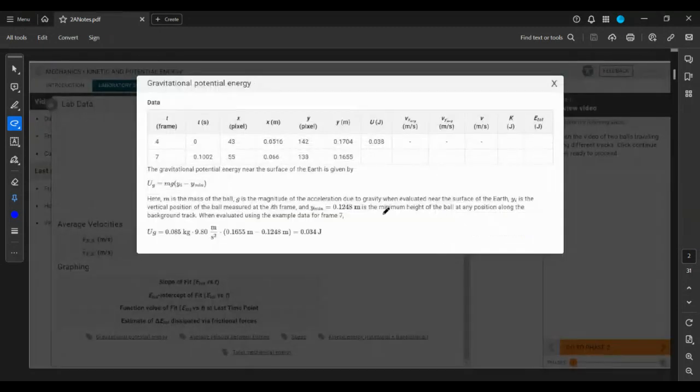Going over these formulas and the provided information, if you go to lab data and these little tags, links here, bring up these different formulas. Your gravitational potential energy, so U for potential energy and a little g to show that it's gravitational, comes from mass times gravity times height, where height is the relative amount that it can fall. Basically, how much does it drop down or raise up in the y direction,